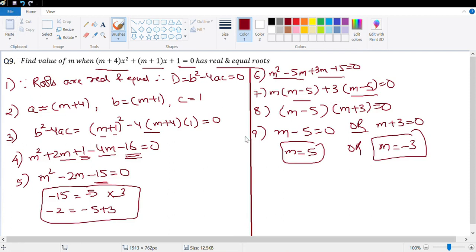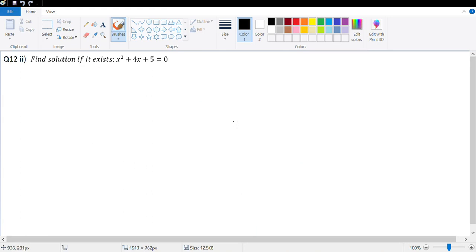Let's look at the next question. The next question that we have is question number 12, part 2. It says find solution if it exists for x square plus 4x plus 5 is equal to 0. Okay, so let's check